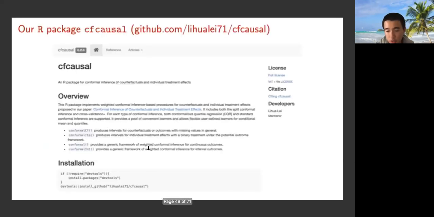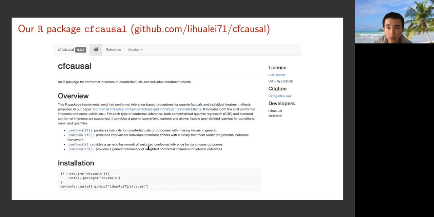So before the first plot, we have an R package called CF causal. If you are interested in this method, you can download it from my GitHub. And we have a very detailed tutorial on how to use it. In our package, we have some built-in